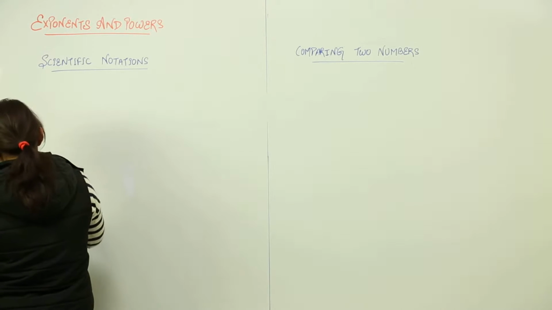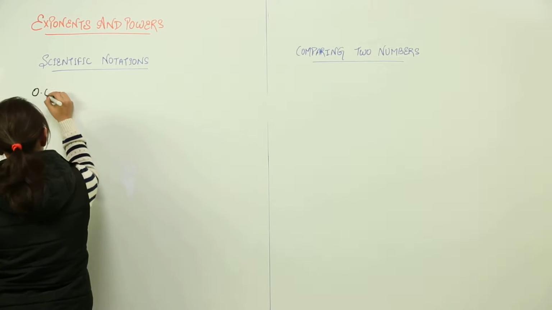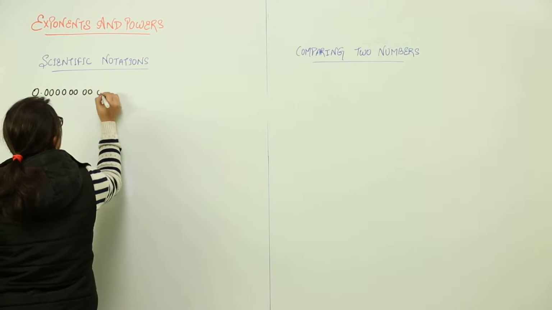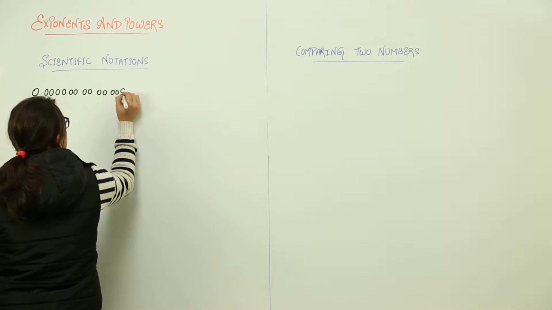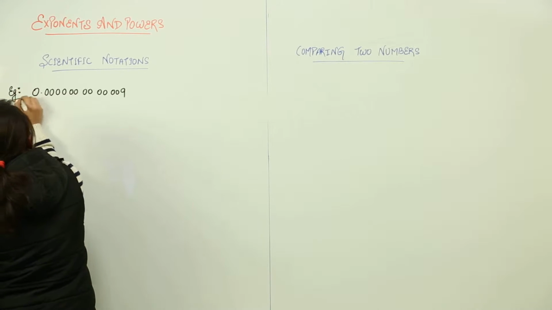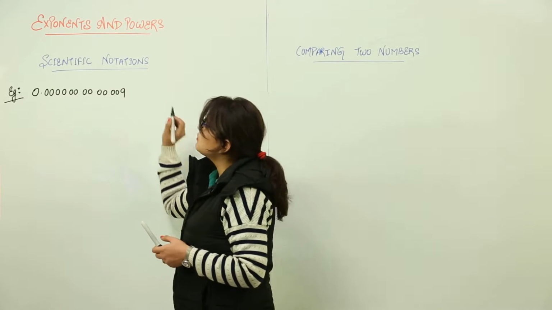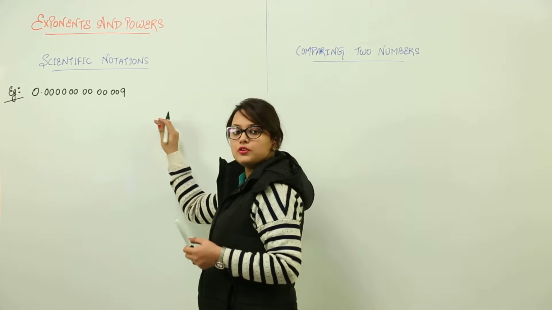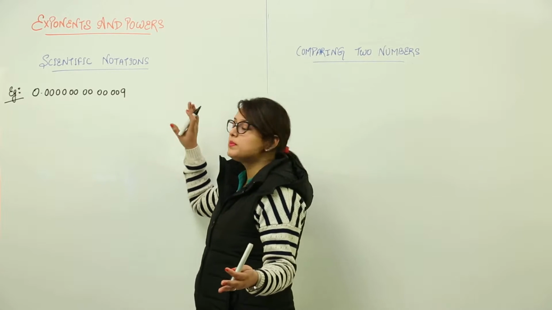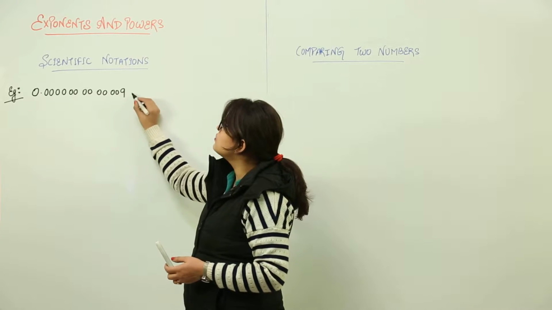Say 0 point. We have already come across so many times such numbers: 0.00000000000009. Now this is one example. We have to write the scientific notation for this example. How do we do that? First of all, can you convert this into fraction? I am telling you this step by step, which makes it easier for you to understand. So please focus on the step that I am discussing. You have to convert this into fraction first.